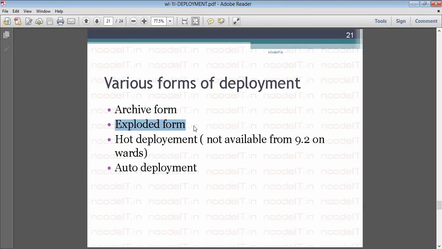Let's say you are a developer, you are developing the code. When you are developing the code, everything is in a directory structure, one directory inside the other. At that point, if you want to deploy, there should not be any need to archive it. So WebLogic allows the deployment of the code